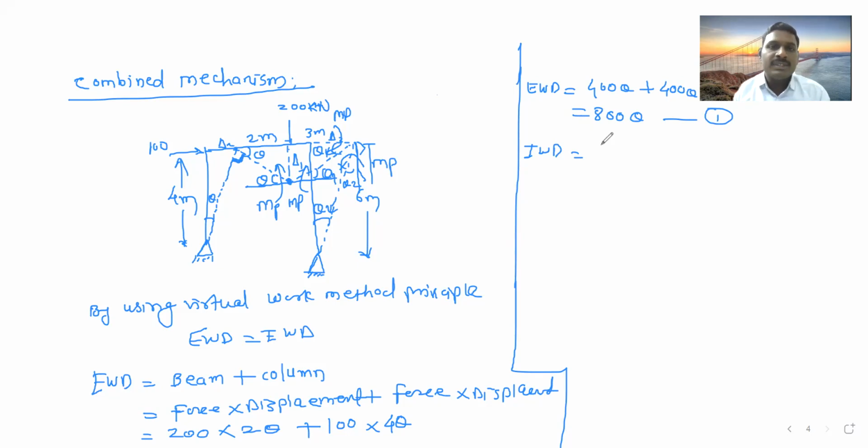So now see how many MPs are there and how many MPs with theta, how many MPs with theta 1 and how many MPs with theta 2. So now tell me, I will write and you can tell me. MP theta plus MP theta 1 plus MP theta 1 plus MP theta 2. Whatever I have written, is this correct? Please everyone confirm this. Whatever I have written with the rotation and shown MP.